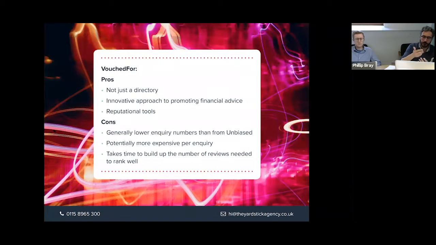You need to build up a number of reviews, 12, 15. Remember, husband and wife can each leave a review, so that helps you move a bit quicker. And clients can also leave reviews after your annual face-to-face review or full planning meeting or whatever you call it. So there's opportunity. It doesn't have to just be new clients who leave reviews.